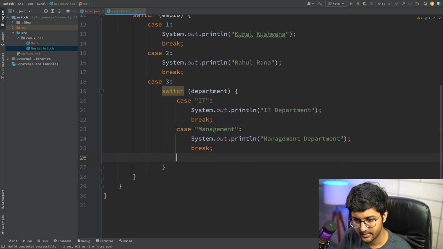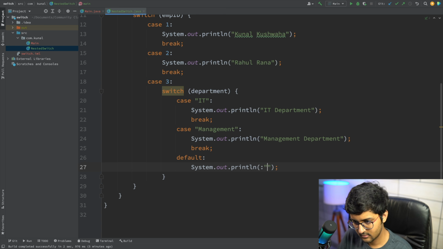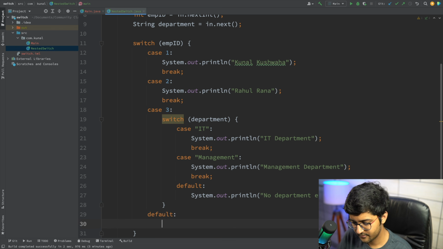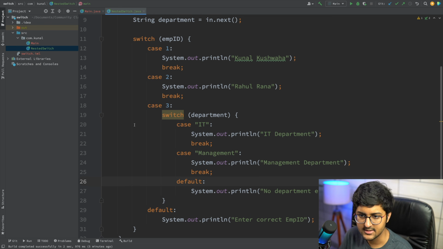I can add a default value to this: no department entered or something like that. And here also I can add a default value: enter correct employee ID or something, right? So I can do something like this.